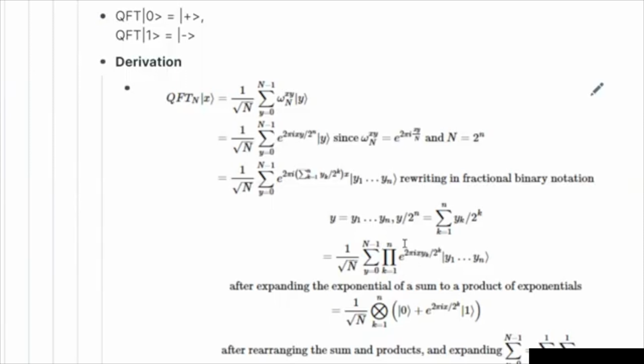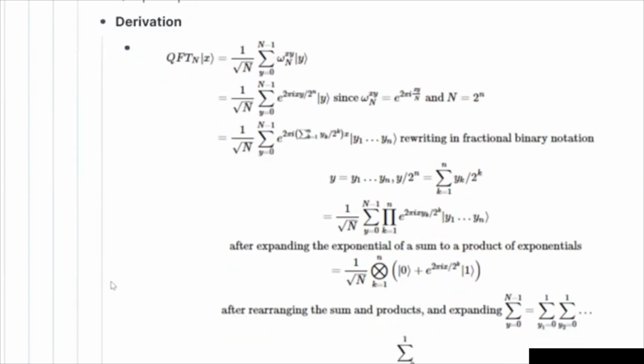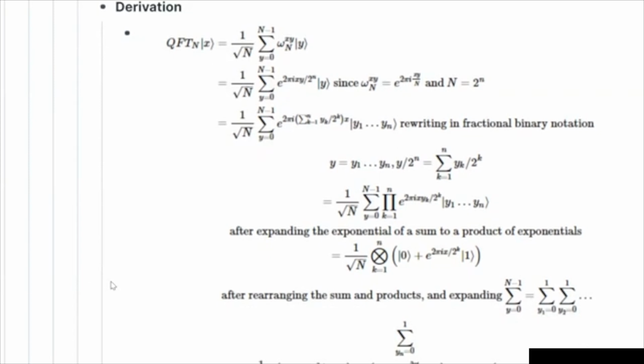So e power 2 pi, we just take a generic pattern there, and we transform it into this. So if you see carefully, this is exactly the same as this. We're not touching the state part right now over here. We are just splitting the exponent term into n exponent terms to be exact. And each exponent term contains e power 2 pi i and yk over 2 power n multiplied by e power x, right? So now after expanding all that, you could see that it's